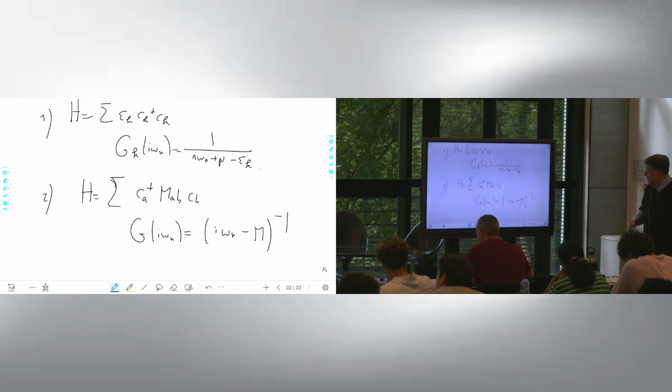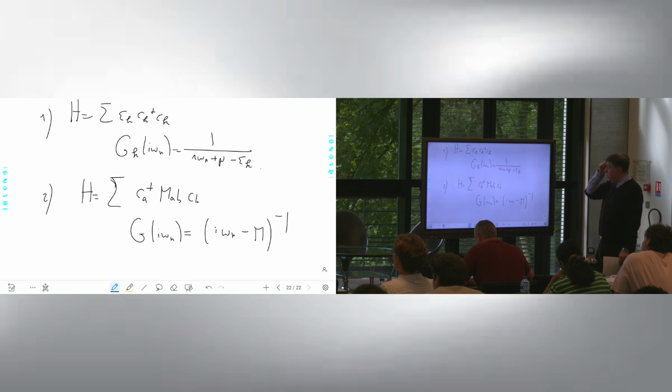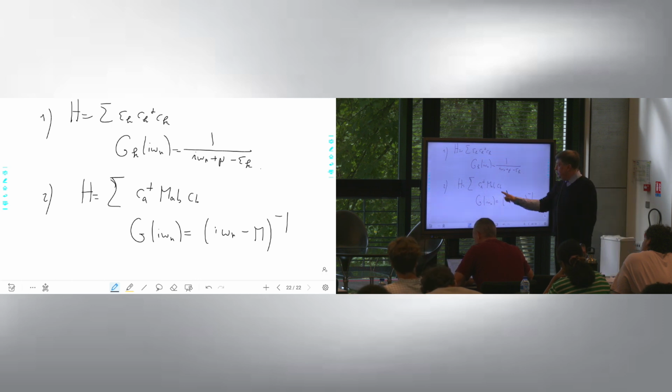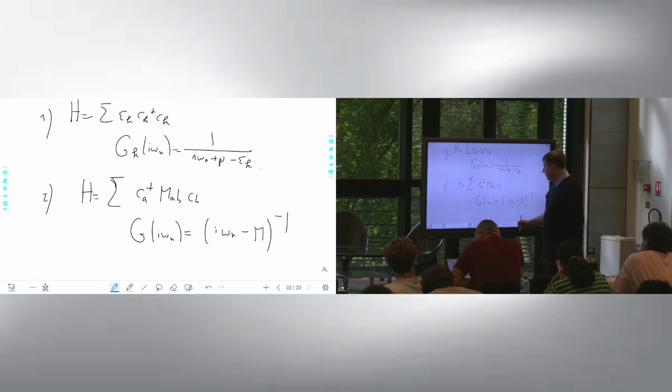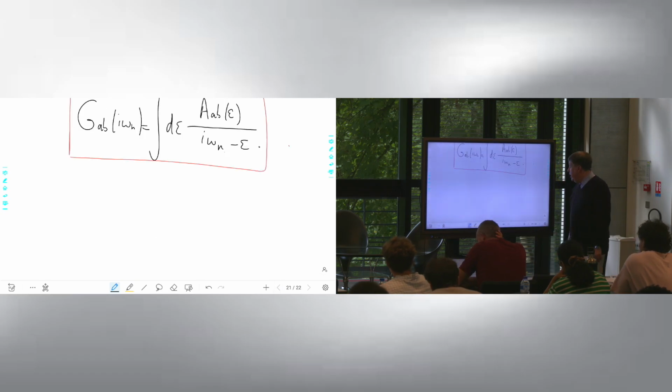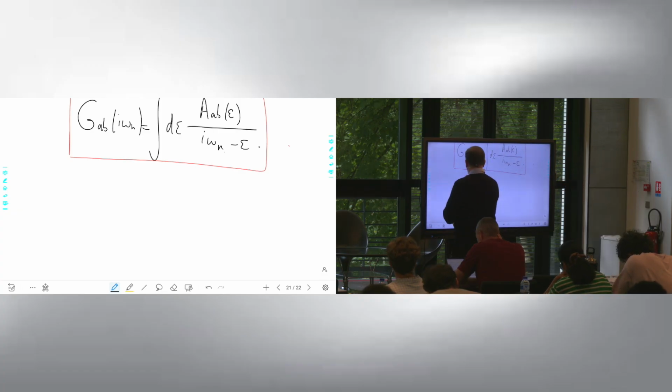It's a simple exercise to show these things by replacing into the definition, like we did for the Lehmann representation, for example, by diagonalizing the matrix and changing the basis into a diagonal basis for M. So we will use these two results in a moment, but I want to finish by commenting on this before we break. This gives me, and I'm going to rewrite,